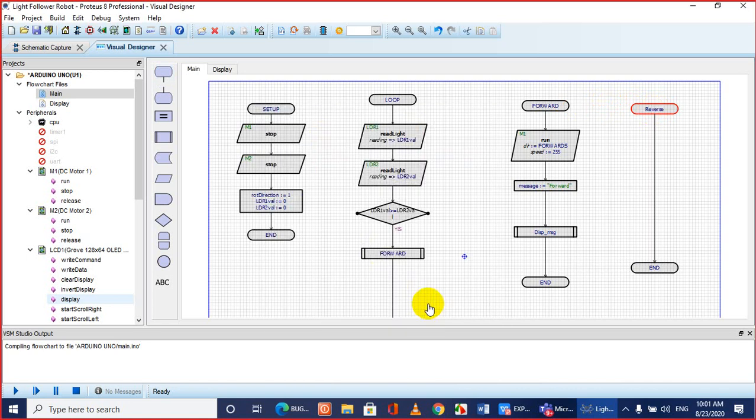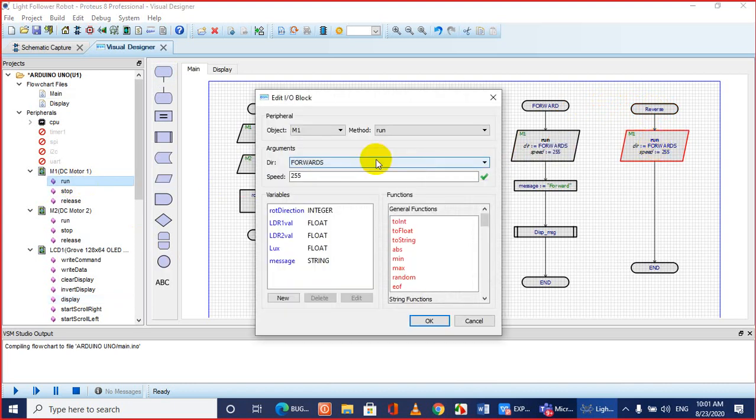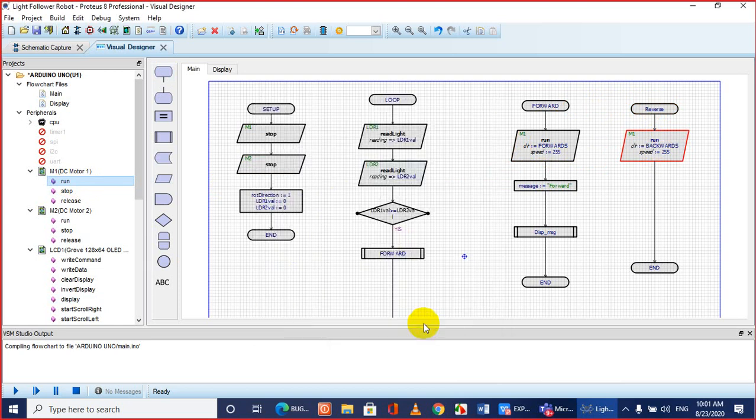Similar way, again run the first motor in reverse direction in the reverse block. Direction is reverse, this is the speed. So the motor runs in reverse direction. Then create a message of reverse.